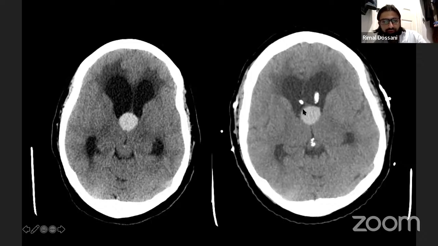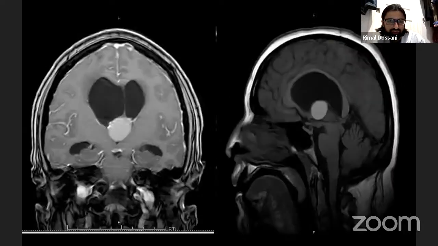And then he consulted me for a definitive resection of this colloid cyst. This tumor in the foramen of Monro region measured about 2.5 centimeters. It's one of the larger cysts that I've seen,